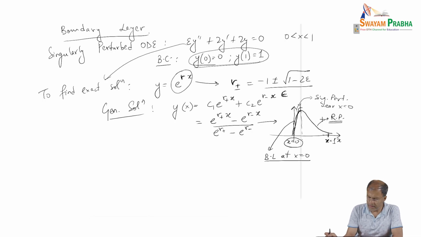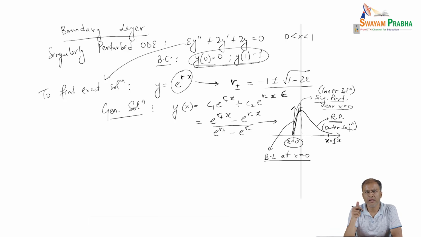So we are going to call this singularly perturbed solution near the boundary layer the inner solution. This is the inner solution, and we will call the more relaxed variation of the solution outside the boundary layer the outer solution. So the general rule of thumb is the outer solution will be solved using regular perturbation, and the inner solution will be solved using singular perturbation. Okay, so then,